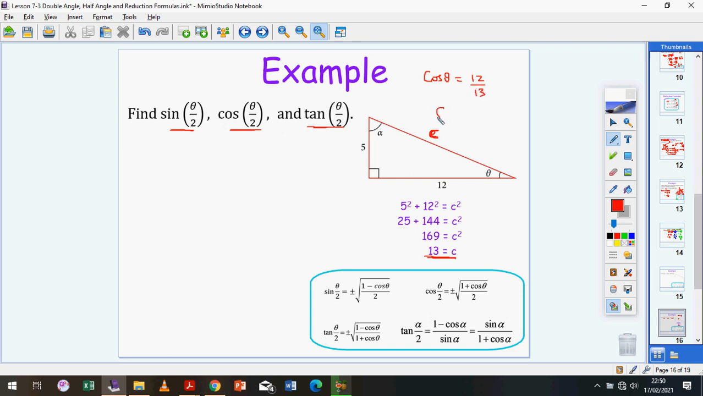5 divided by 13. Now remember that the half angle formulas for sine, cosine, and tangent are all derived from the double angle formula for cosine. So, I have them right here, the half angle formulas for sine, cosine, and tangent. Okay, so